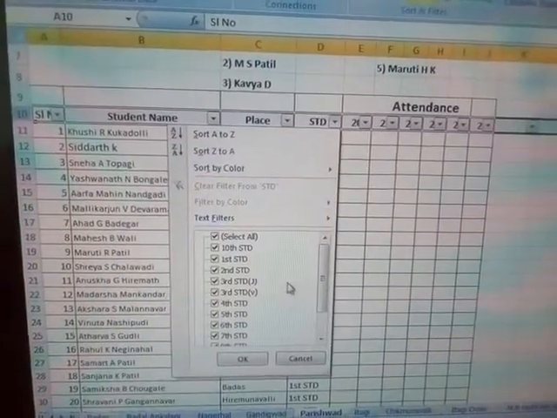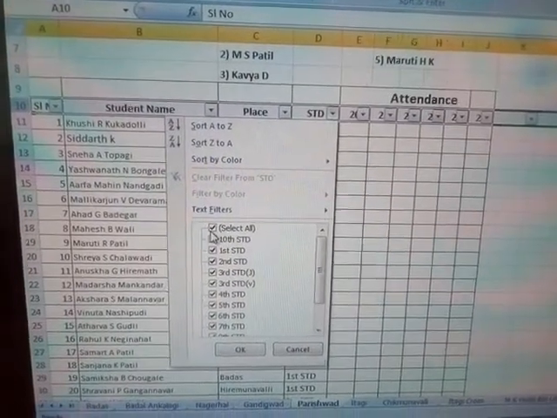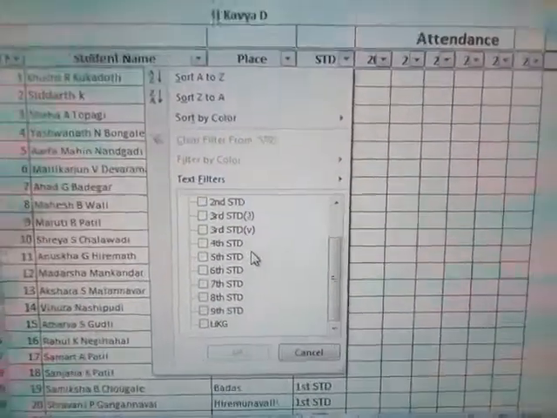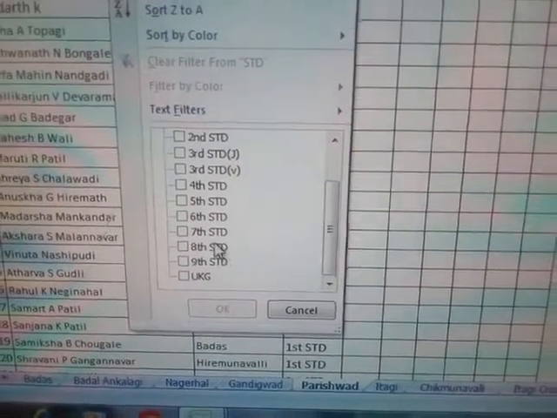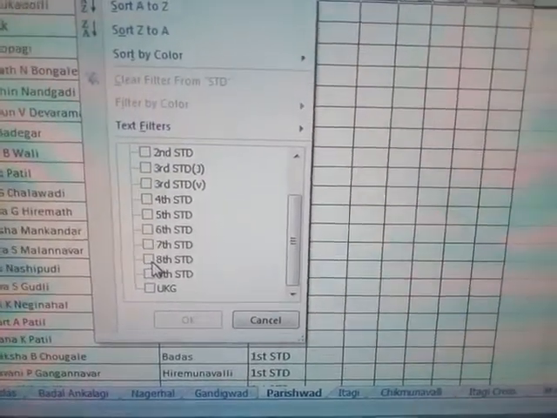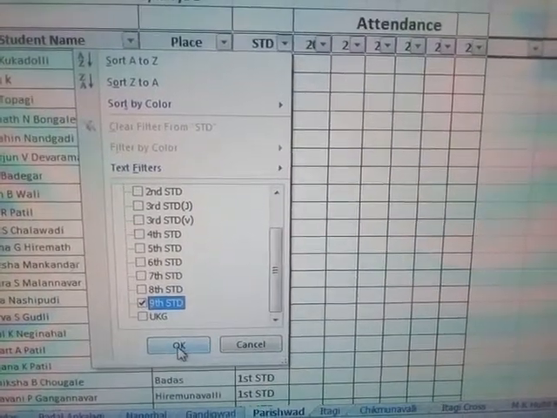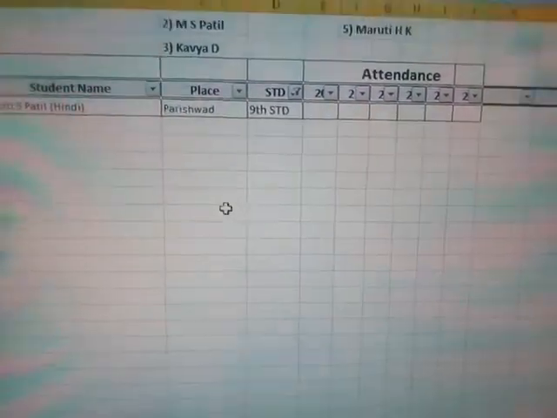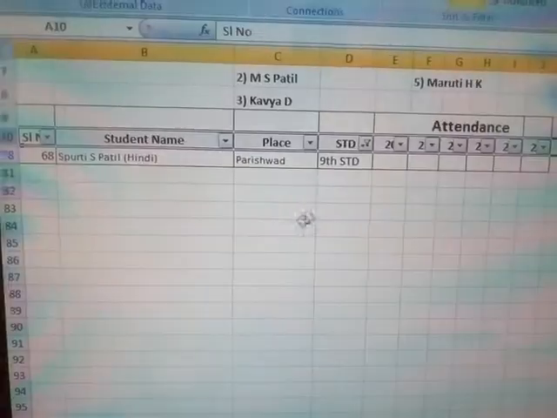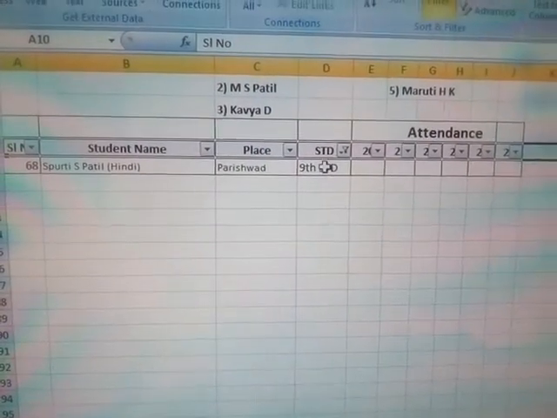Click here, select all and remove. If you only want to see the 8th standard students' data, or only 9th standard, press here and it will show only the 9th standard students in that class.